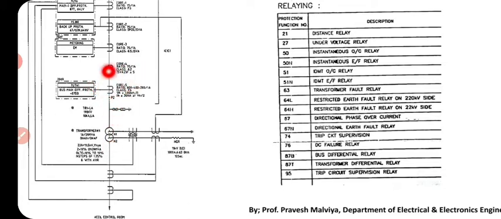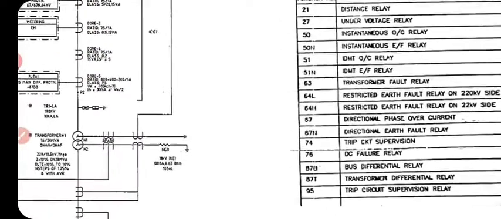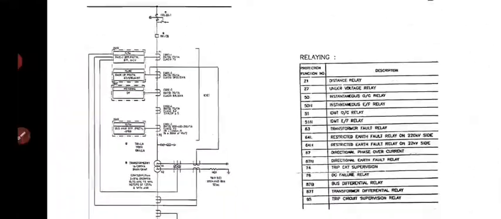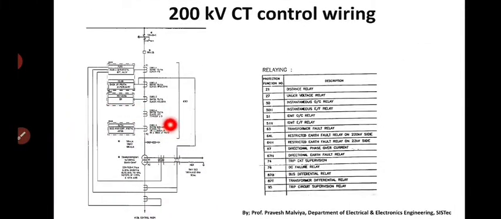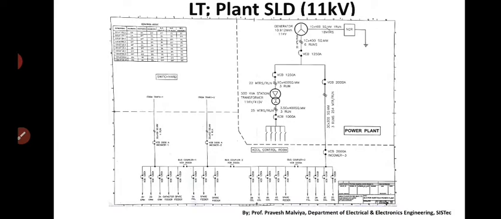Now you see that out of these 5 cores, there is one core that has been named as spare. So this is not in operating mode. If any of these cores stop working, we can disconnect that core and shift to its spare terminal. So that was all about basic knowledge of the substation.